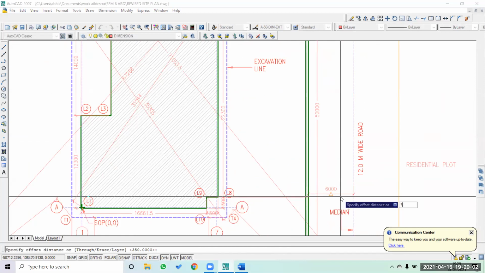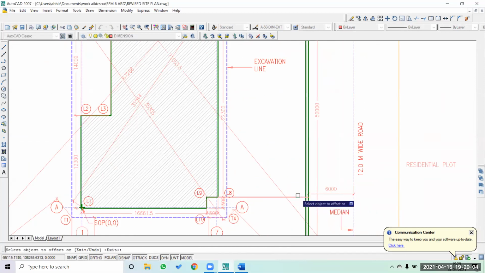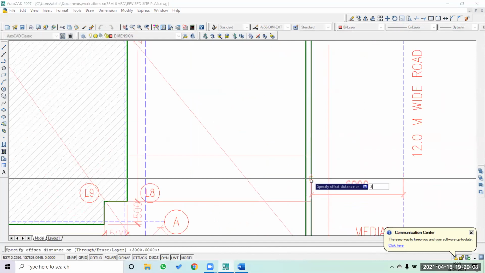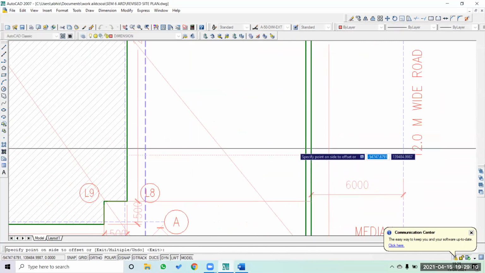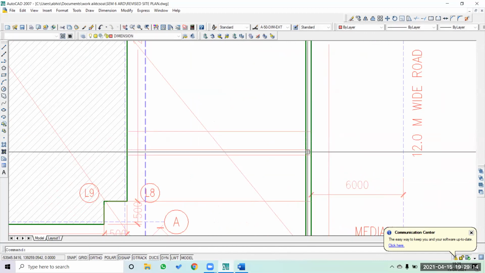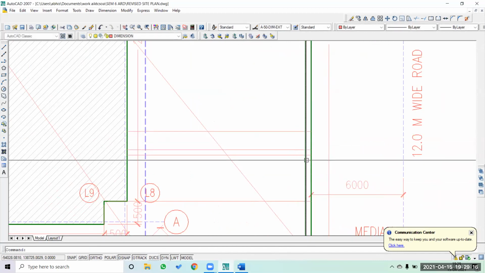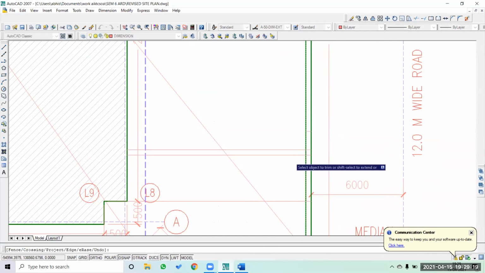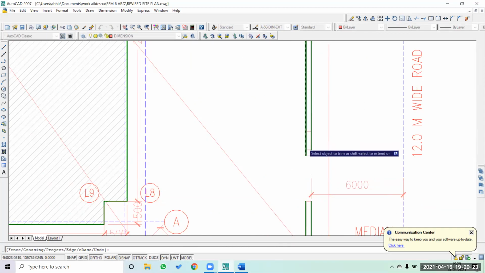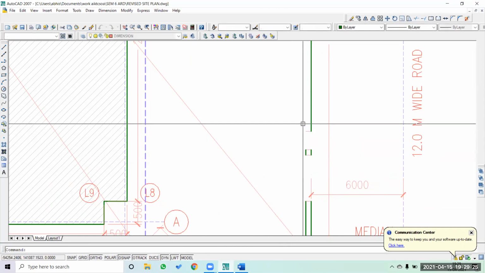So I'm going to create a 3 meter wide gate here. Then there's going to be a pier, and then a 1.2 meter wide pedestrian gate. So that sums up the breaks in this particular area.